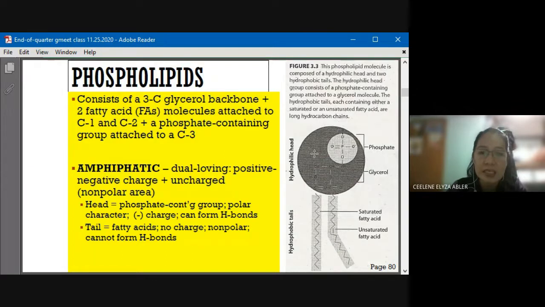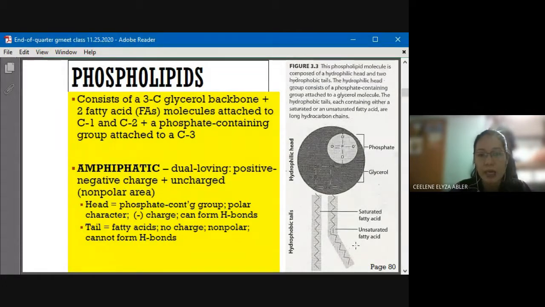Right, so this is your phosphate. Okay, the phosphate here, class, you notice that it has a negative charge. You will see that in your module. You have four oxygens here. So this is the one that will be attracting the water towards it. But this portion here is the one that will repel water. This is the portion, your